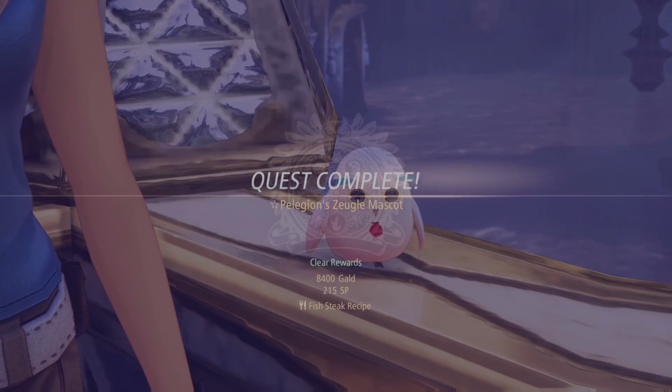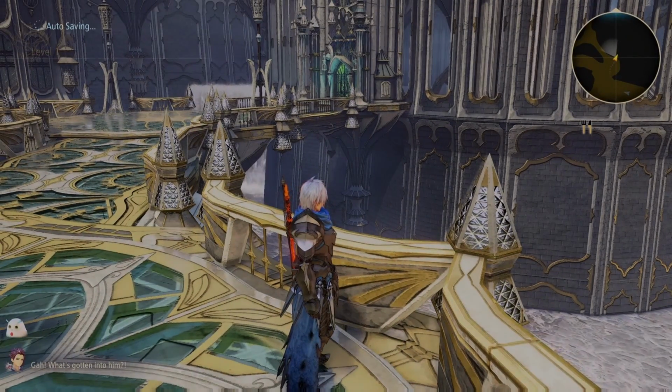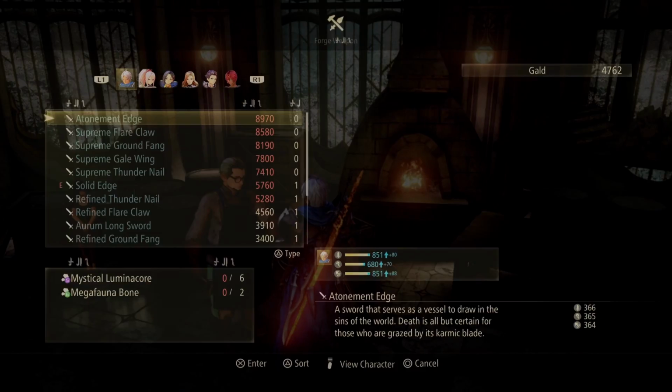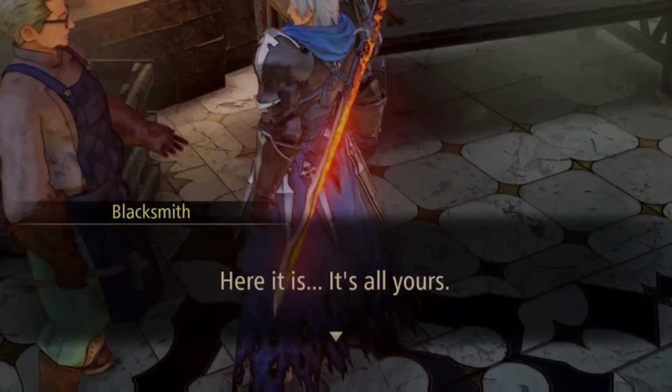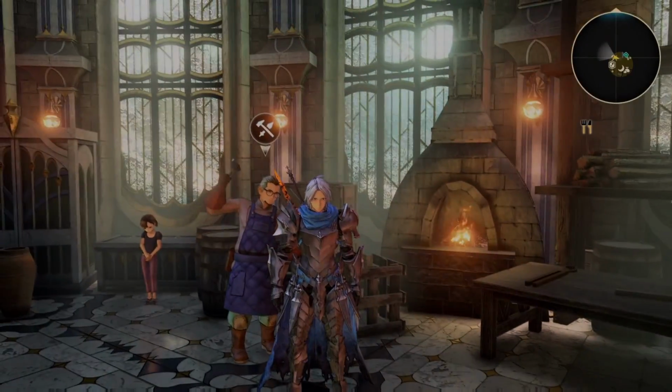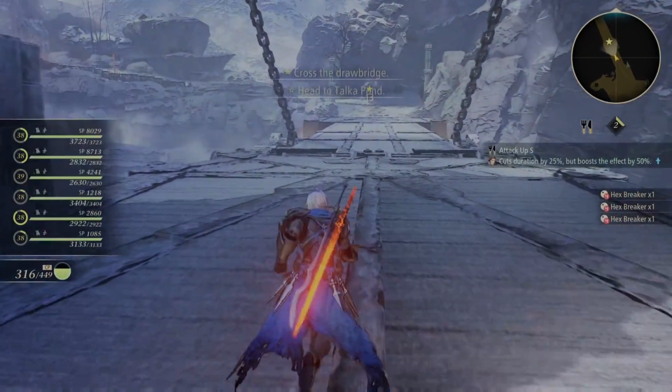We complete more side quests, listen to an angry owl, and notice that this blacksmith will say, "Here it is, it's all yours," even if you don't buy anything. QA testers! Eventually we load the bridge back to Cyslodia, and we now have regained the ability to teleport anywhere